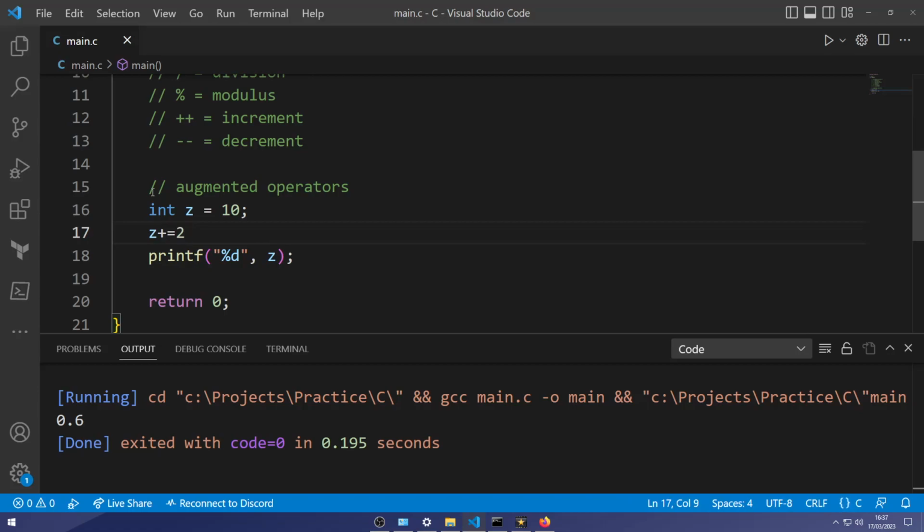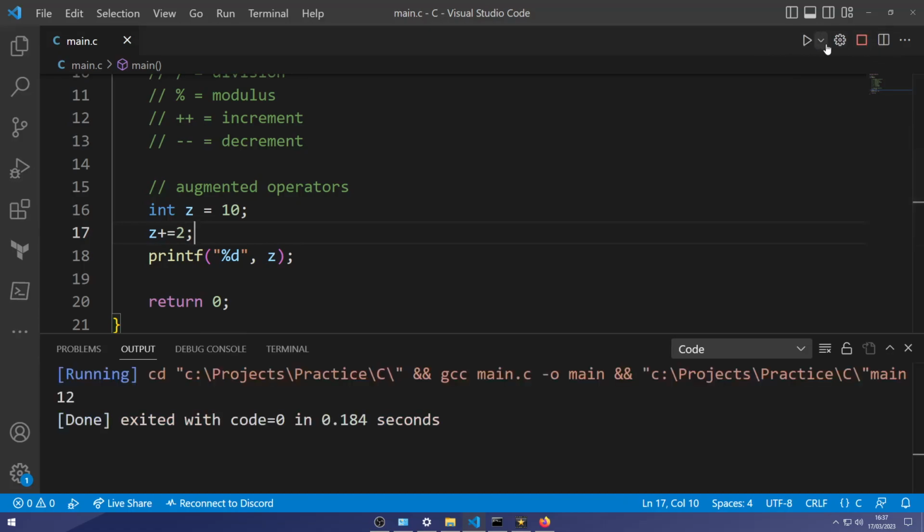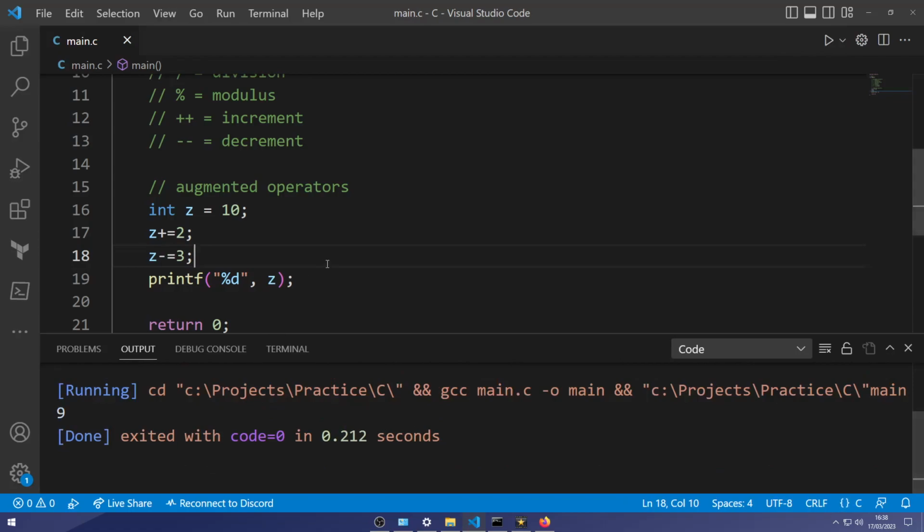So here is a number z equals 10. If I do z plus equals 2, all that means is z plus 2. So 10 plus 2, which is 12. Now I can do z subtract 3. So this is z take away 3. So now 12 take away 3 is 9.